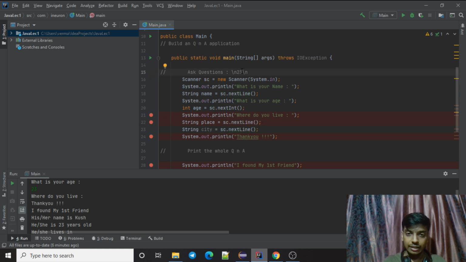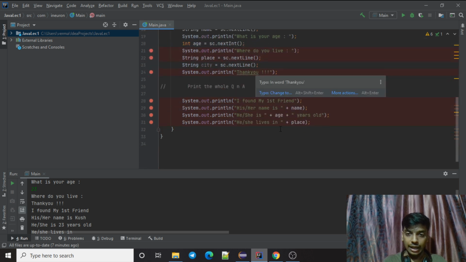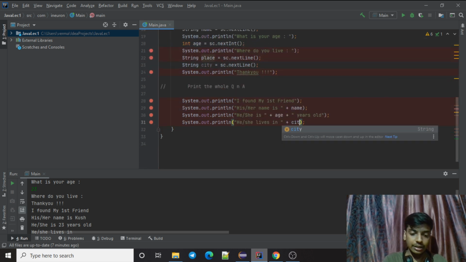So now that empty string will be loaded here. If I write a dummy nextLine, then after 23 the empty string will be loaded, and this nextLine will advance my cursor to the new line. Now when it comes to city, it will stop and it does not have any slash n after this, so it knows that it should wait for the input. So now I'm able to give input as Gorakhpur, and that would be loaded to city, and then I can use my city here.